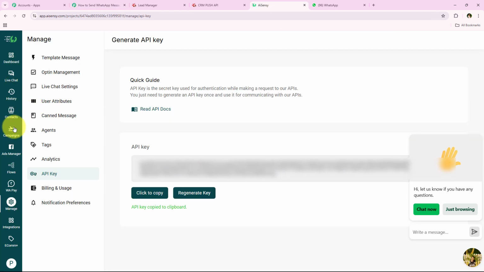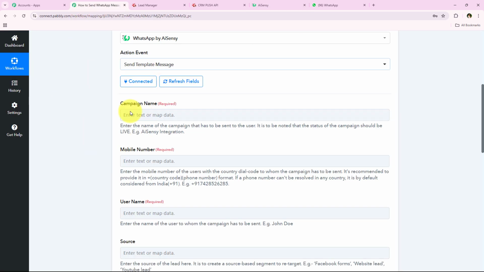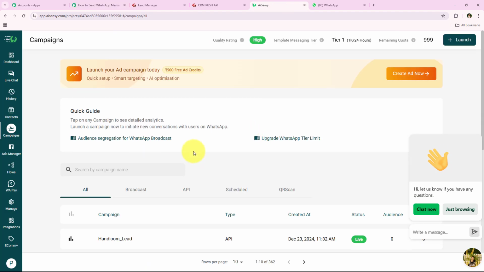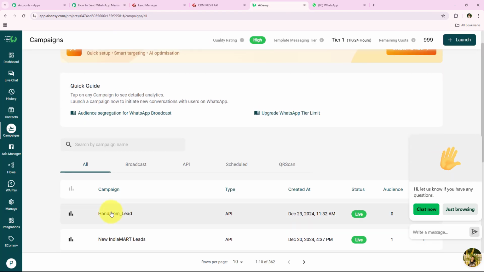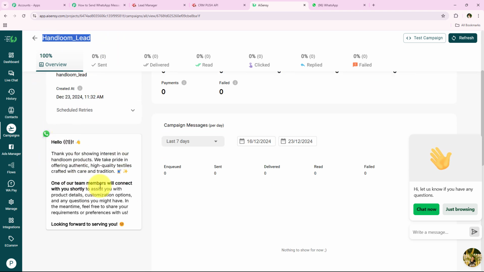Now from the left side of the bar, we have to go towards the campaigns. What happens is that in order to send automated WhatsApp messages, we first have to create a campaign in our ASNC account. As you can see, I've already created a campaign right over here with the name Handloom Lead. This is my message template with the help of which I've created this